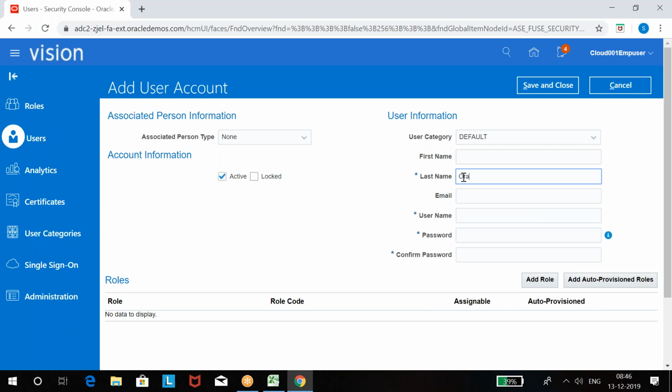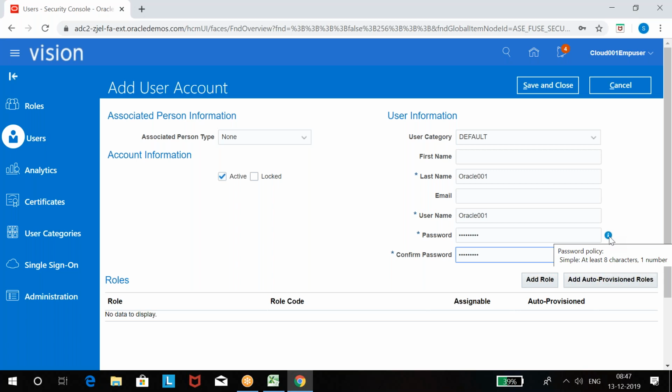I'll create the username as Oracle 001. You can write anything. I'll use Oracle 001 as the last name, and for the username, copy the same last name and keep it the same. You can give your own name when you're practicing. And the password, what do you want? I'll take the same, Oracle 001. The password must be a minimum of 8 characters with at least one number.